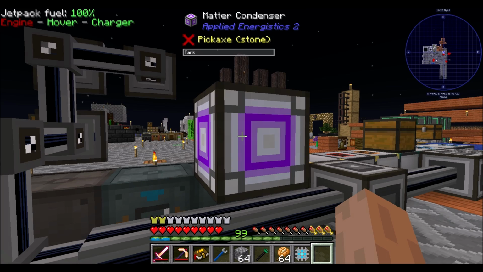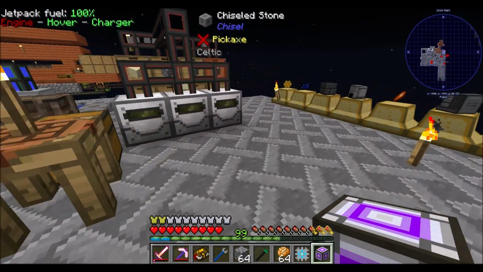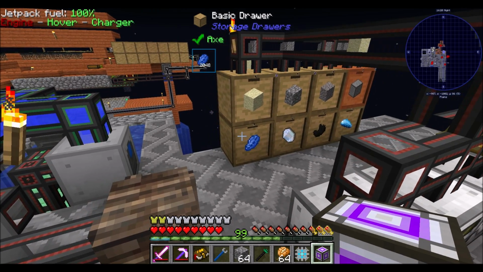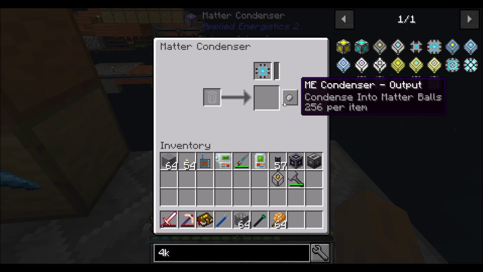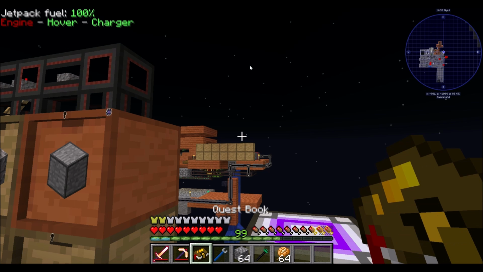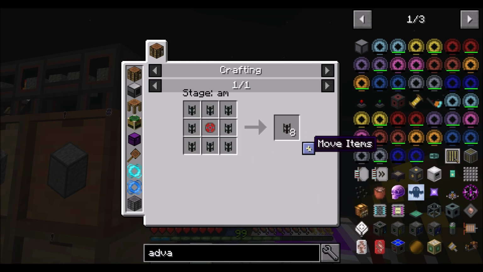Matter condenser. Do you need power at all? I mean, it's absolutely possible that you don't need power, and that's fine. I think you guys bounce into some kind of trash can or something, right? So I could just like put you over here. Now, if I put the 64K cell in there, condense items into matter balls, 256 per item. So if I were to get advanced logistical transporters,